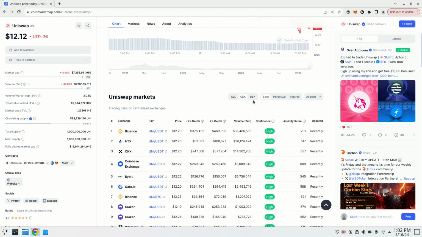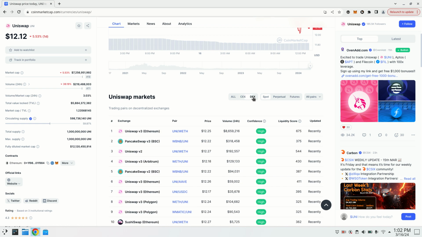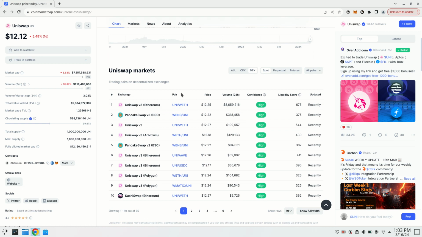So we want to filter, for example, for which DEX this coin is listed, to find out on which chain this coin actually exists. So the more chains the better. So for example here, W8, we click it.